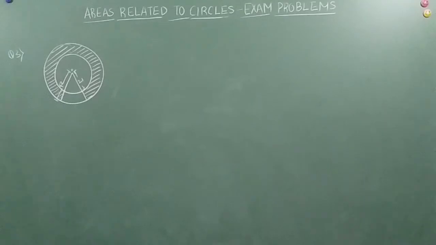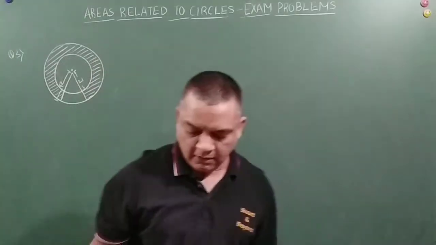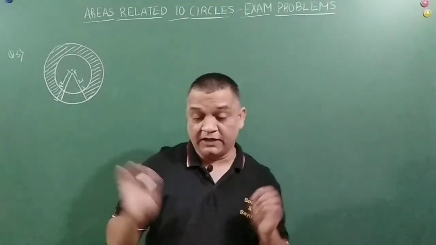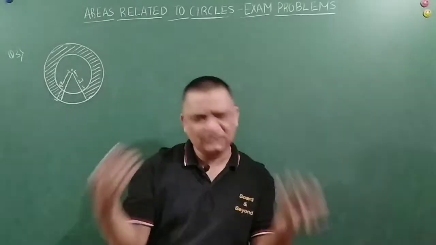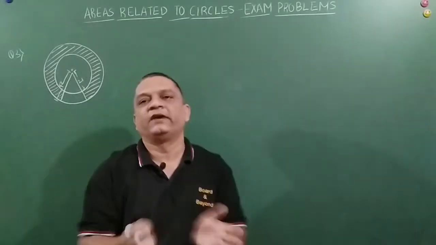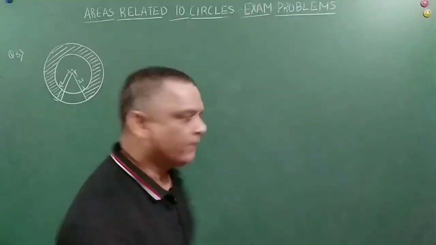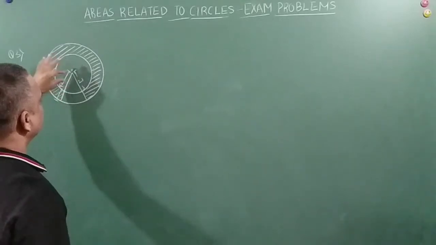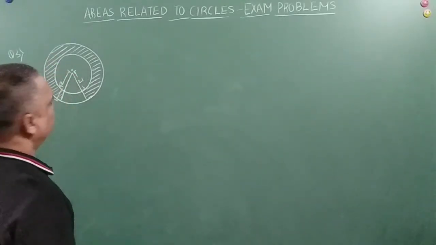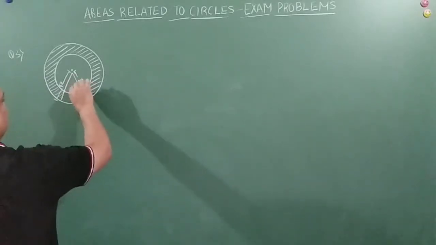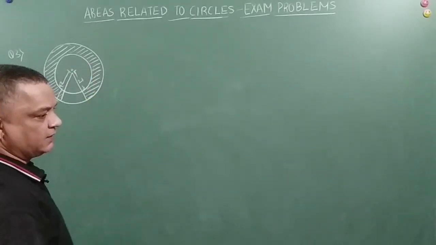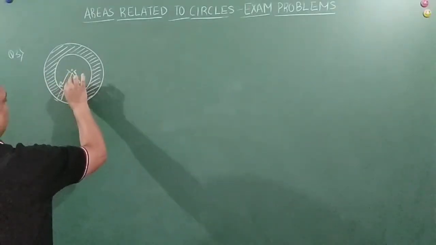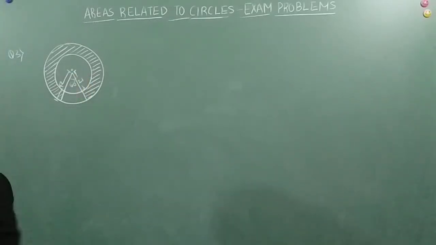We are expected to find out the area of the shaded region which I have shaded here, right friends? So friend, here actually a trick, it's not a trick basically, it's a logic that we have to apply. One way of finding is that we find the area of the ring, then reduce the area of this complete sector, and then add the area of this sector, correct? So that is a linear process. Now this angle is given to be 60 degrees friends, sorry I did not tell you, 60 degrees, right?